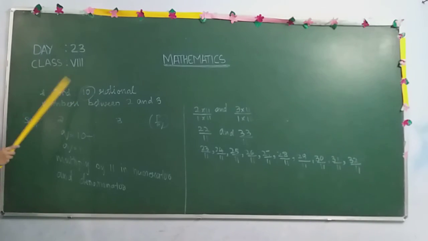Whatever the number of rational numbers he is asking to find or insert between the given numbers, the first step you have to do is add plus 1 to that number. Okay. Then the second step is you need to multiply in the numerator and denominator by whatever value you get, to the given numbers. This is the second step. Okay, only 2 steps you need to remember. It is very important. Definitely you will get a question based on this, so don't forget the concept.